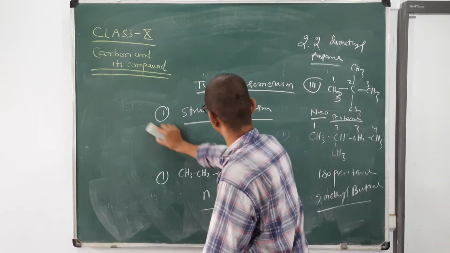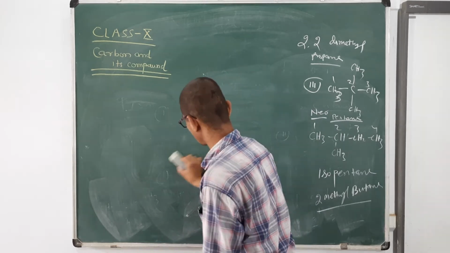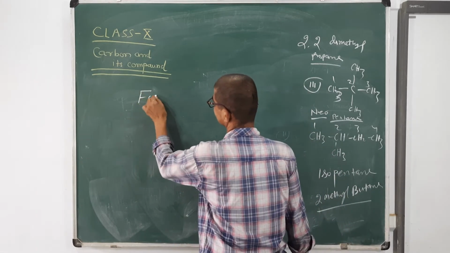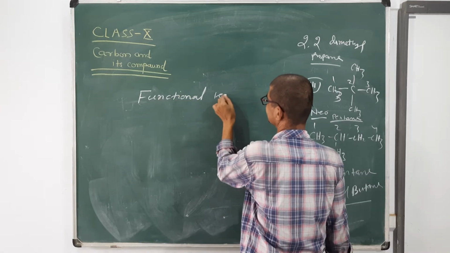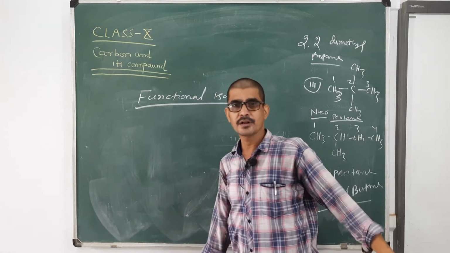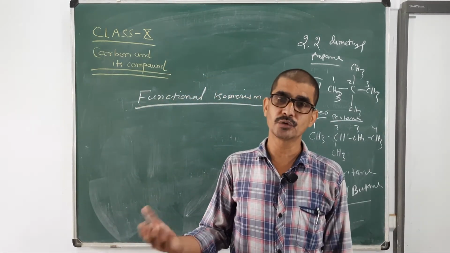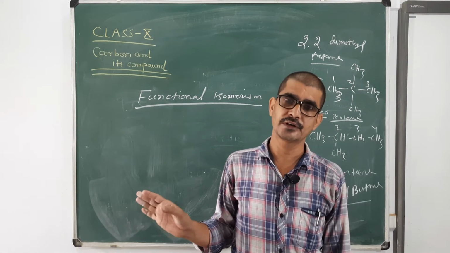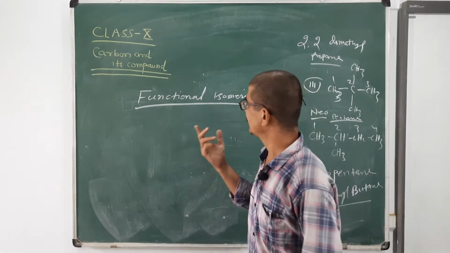Now functional isomerism. Compounds having the same molecular formula but having different functional groups are called functional isomers. Formula are the same but functional groups are different. Example,